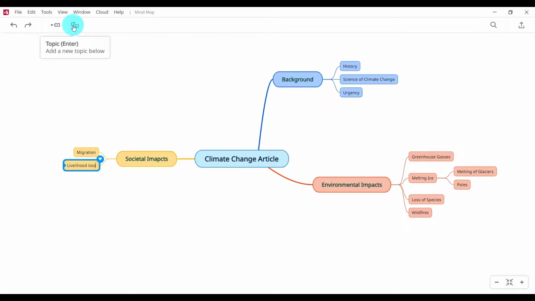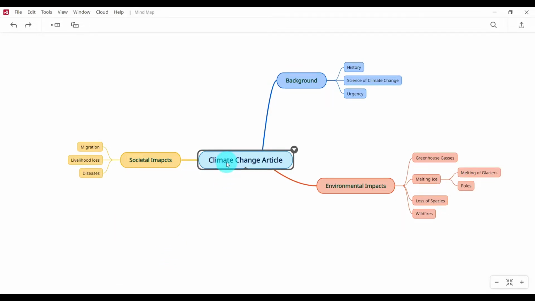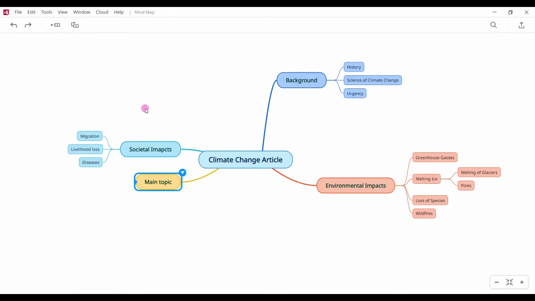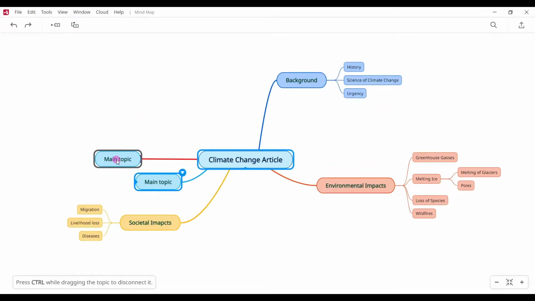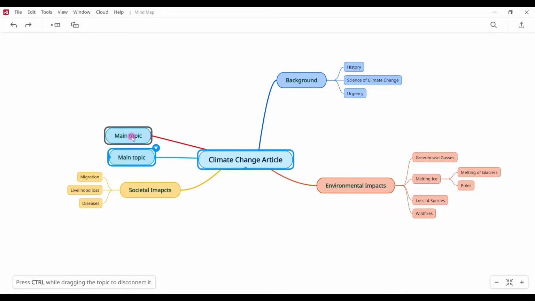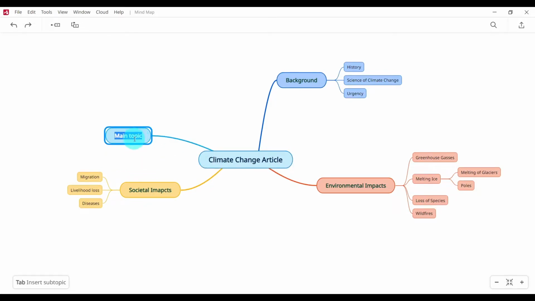I can include a little section on diseases and so on and so forth. Let me now add another subtopic here. I can just click on this and move this as I wish. So let me now talk about the economic impacts,